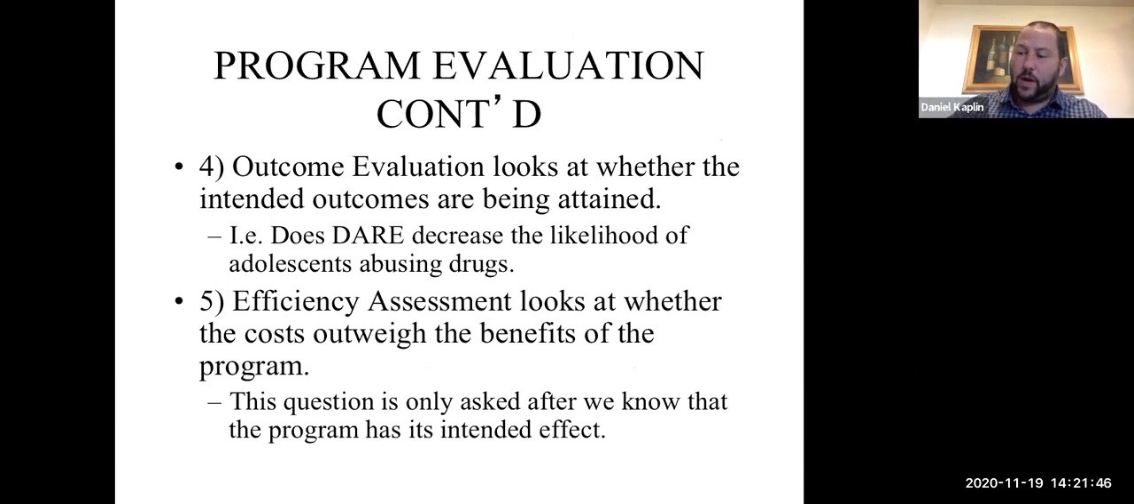So we saw a problem, we created a program, it looked like it could address the problem. We trained people to implement the program. Now, did the program actually work? And that's called an outcomes evaluation. If the answer is yes, you move it to the final phase, which is called an efficiency assessment, which in the corporate world or the business world or the government world, is probably what they're most concerned with,